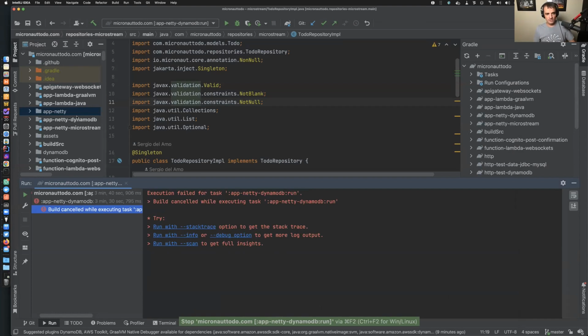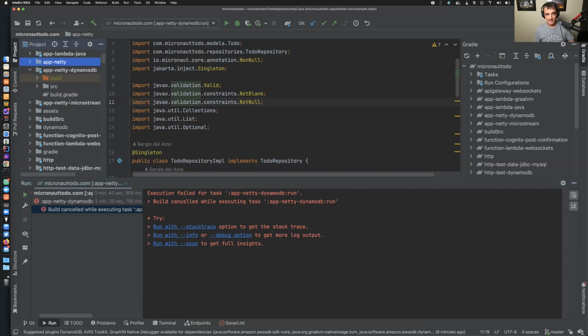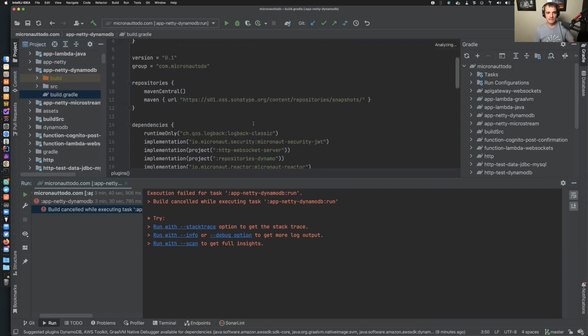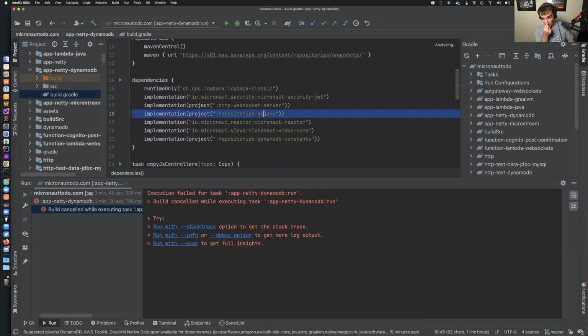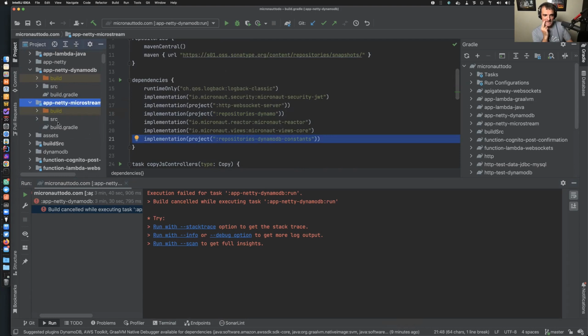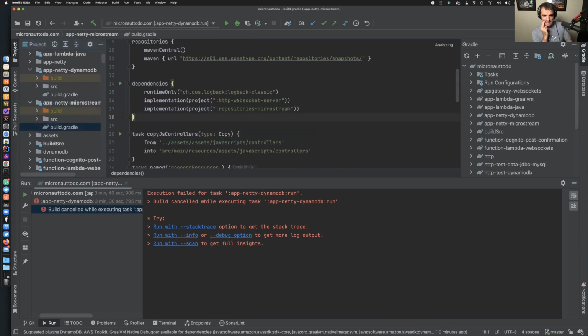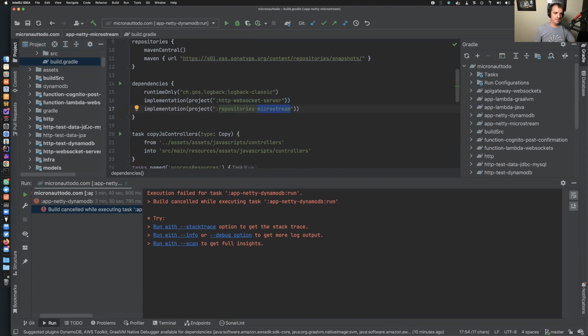And what I just executed was this application called AppNet DynamoDB. And as you see, this is a multi-project build in Gradle, and this is including a folder called repositories Dynamo, which is the implementation of these repositories that I have in Java for Dynamo. It's also importing some DynamoDB things as well. So I have another folder called here AppNet Microstream, and this just has the HTTP WebSocket server and the Microstream repos. And if I go to the Microstream submodule,